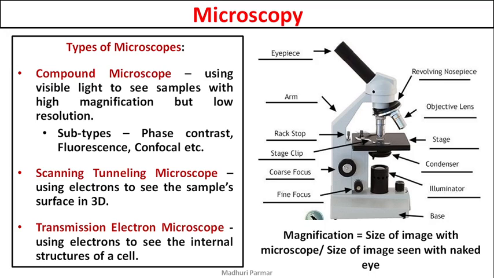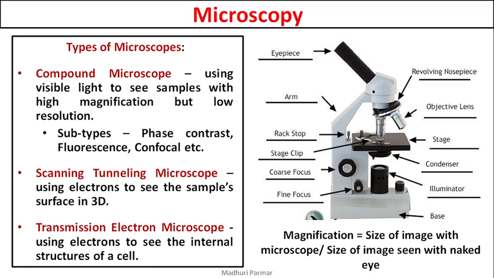You might have heard of these. Now what happened was, visible light has some drawbacks, some limitations. Up to a certain level you can magnify an object using normal light, but after that limit you will not be able to see anything which is smaller. I'll give you an example. You must have heard of ribosomes. Using these normal visible light microscopes, you cannot see ribosomes, they are very small.